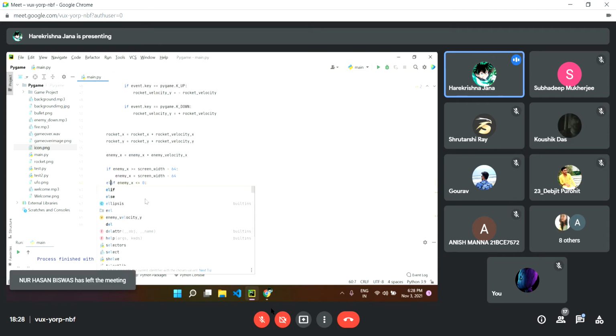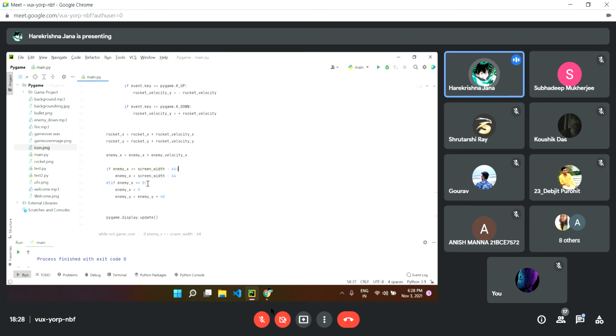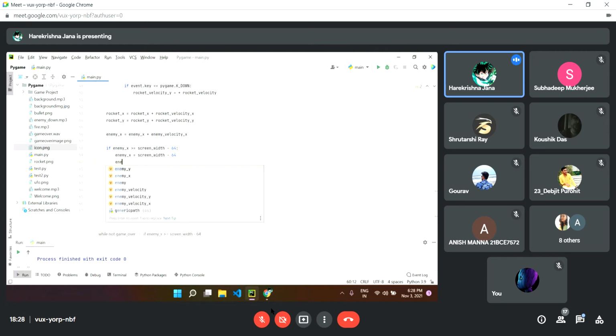I'm going to use elif, because if the enemy is now at the screen width, then it's not going to go to 0. So that's why now, like this, I have to put this on here also to move the enemy down, a little bit down, and then it will go